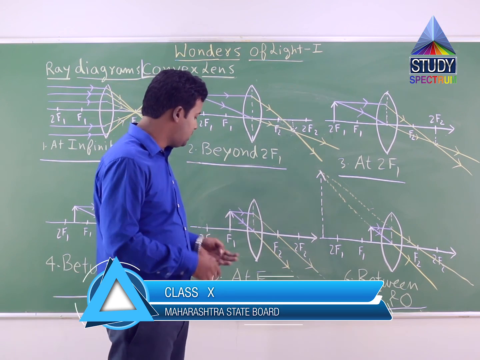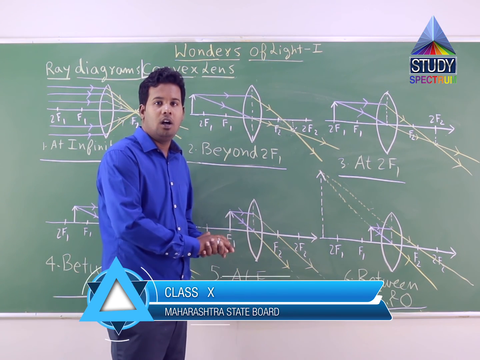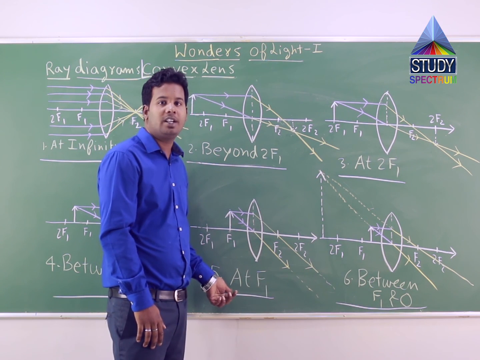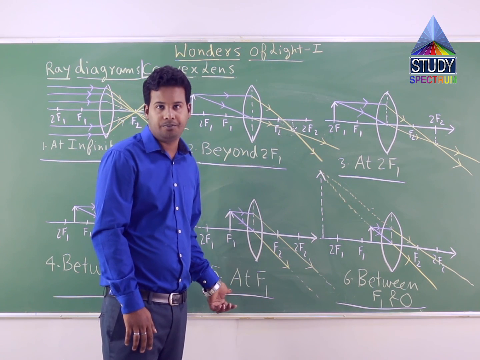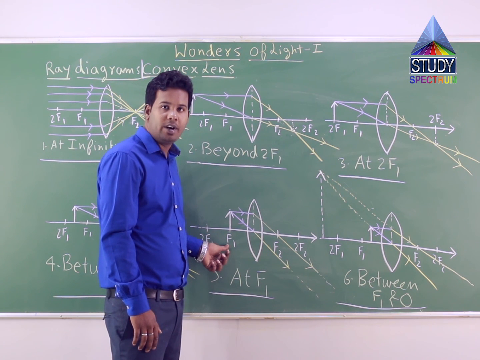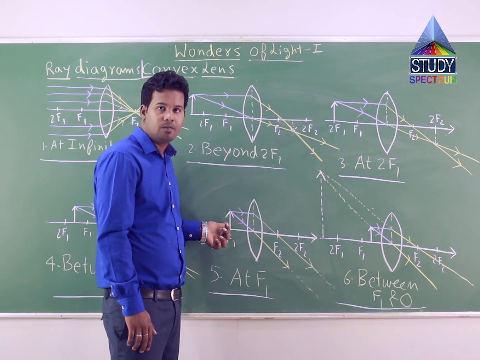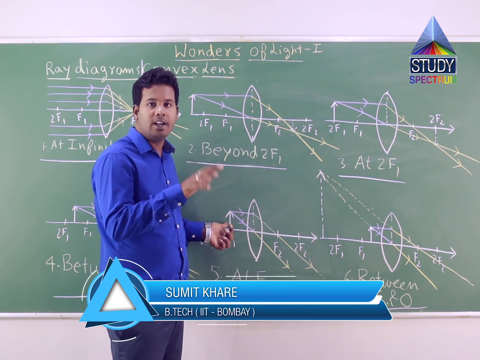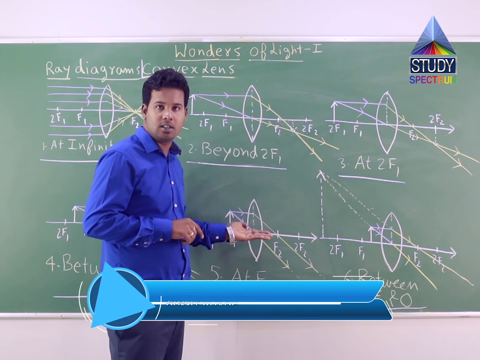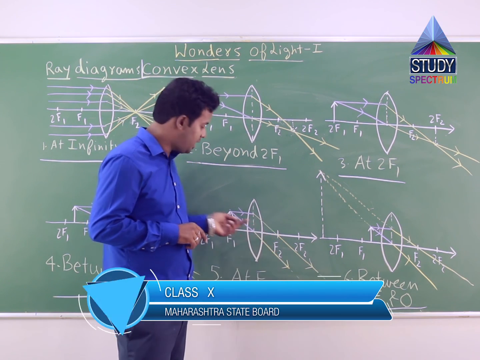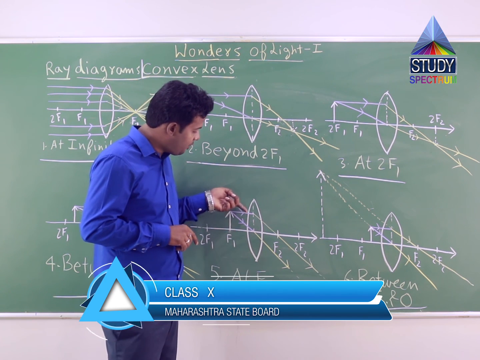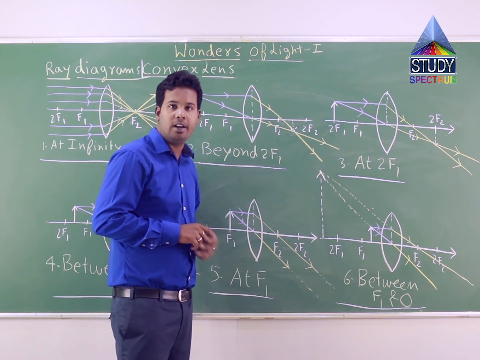Correct? Now coming to the fifth case, as we move further towards the lens, convex lens, towards the optical center of the convex lens, the fifth case was the object is now placed at focus point f1. Correct? If you see this arrow standing on principal axis, it is placed above focus point f1, this dark white arrow. Now again, using the same way of drawing ray diagrams, rule number 1 and rule number 2. Rule number 1 says you draw an incident ray parallel to this principal axis, and after refraction pass it to the focus point f2. That is what I have done here. If you see this blue line, this is parallel to the white line principal axis, and after refraction this yellow line is passing through focus point f2.